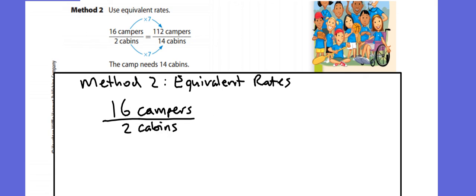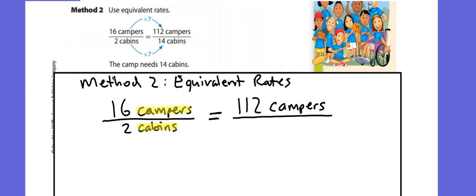Now here's where my strategy is going to be different. Last time I simplified or divided 16 and 2 to get down to 8 campers per cabin. This time I'm going to cut straight to the information in the question, which was how many cabins are needed for 112 campers. So I'm going to set up an equivalent rate where I need to put 112 on top, because when I set my problem up originally, I put the campers over the cabins. Notice when I set it up over here, I have campers to cabins. So on the right, I need to do campers to cabins. So I'll write cabins right here, and we're pretending we don't know the right answer, even though we already got it from